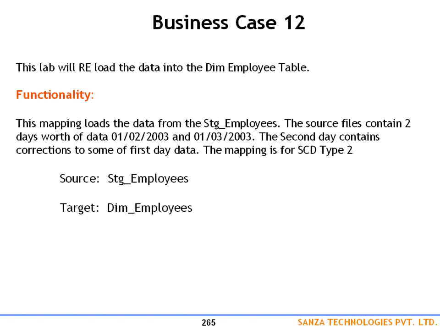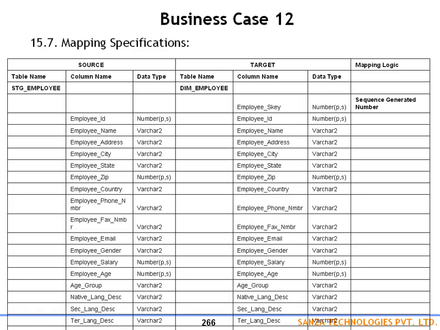The mapping for loading the data into this employee dimension for January 2nd is already done. Regarding January 3rd, 2003, we will now focus on understanding that we have already loaded the data for January 2nd, 2003. The data has to be loaded into the dimension employee